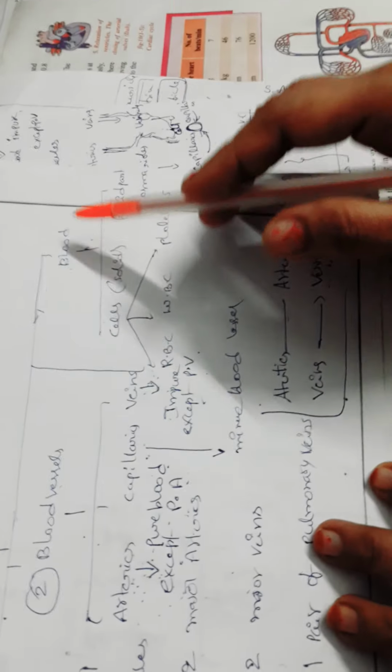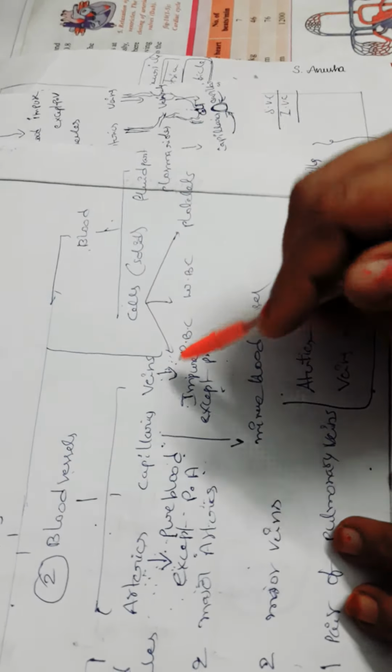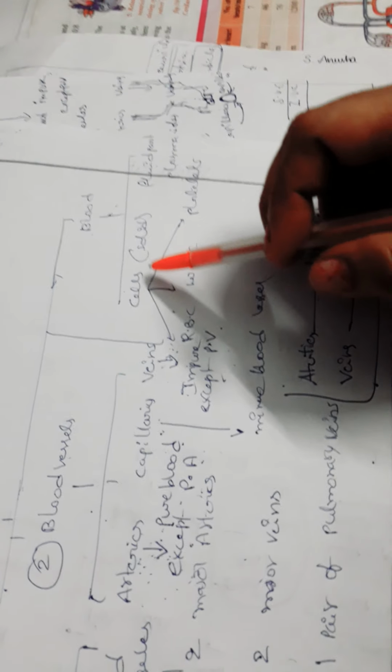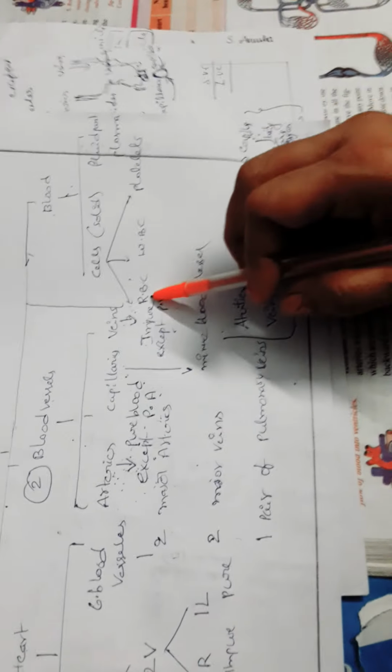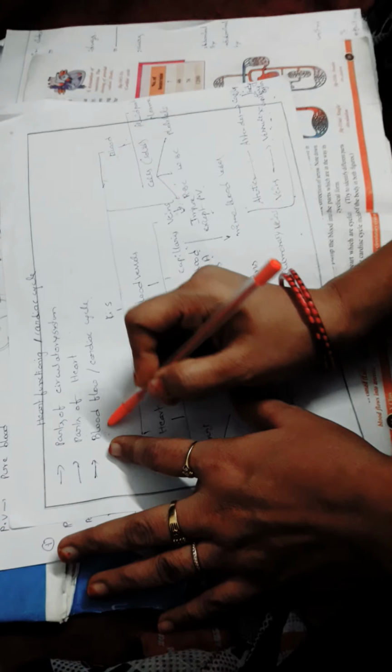So that is about the blood vessels. And you already know about blood, so go through the blood tissue once in 9th class, where it is given. Blood contains plasma and cells. The cells are RBC, WBC and platelets, and plasma is the fluid part in which the blood cells flow. In the next video I will tell about the blood flow, how it flows in the heart.